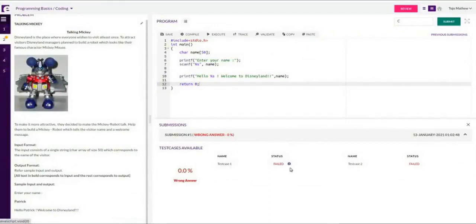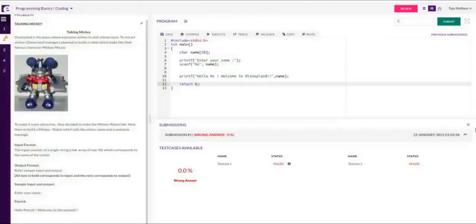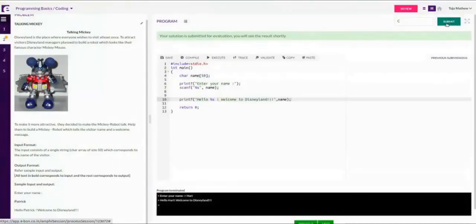For one test case only, it will show the question mark at a time. If you solve this and test case 2 is still failing, it will show the question mark there. So I click on the question mark, and it shows the expected output with 3 exclamation marks and the obtained output with 2 exclamation marks. So I have to correct my program. So I correct it. I can directly submit it, or I can validate also.